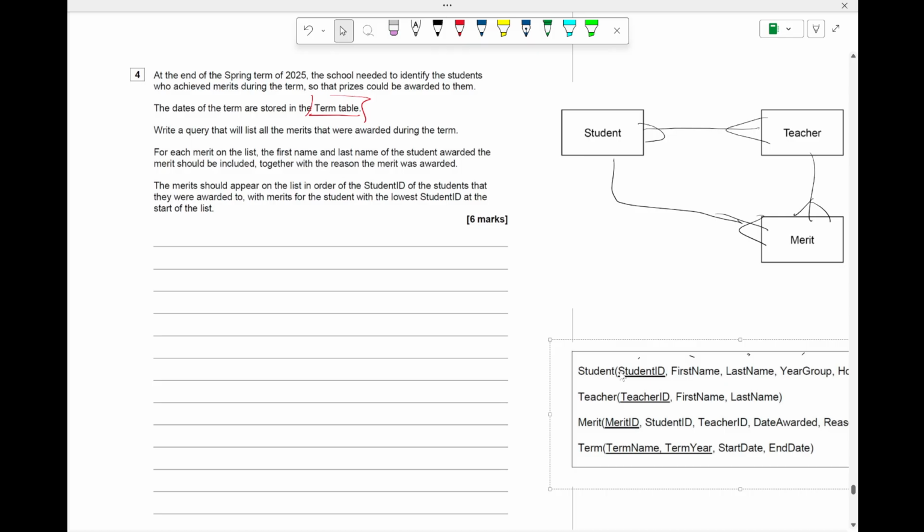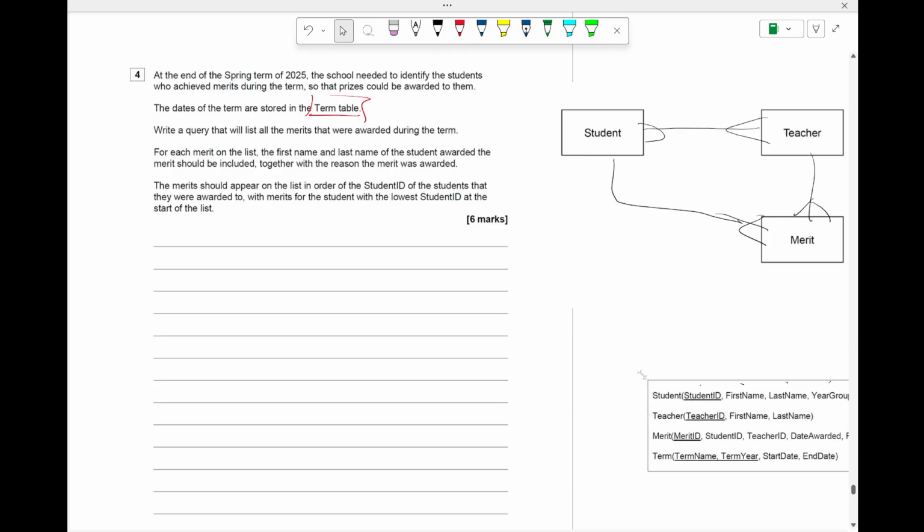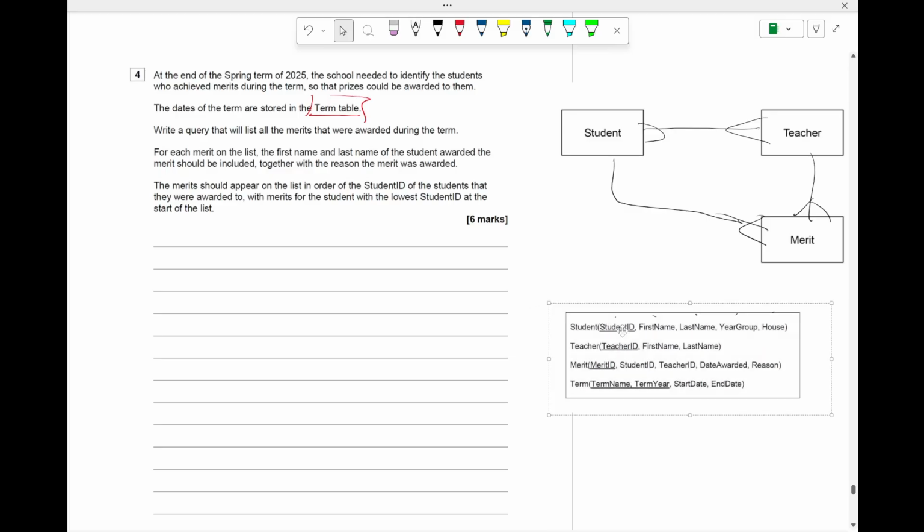Right, okay. So we've got term on its own, which is just hanging around, not really doing a great deal. Right, okay, so the first thing we want to do is